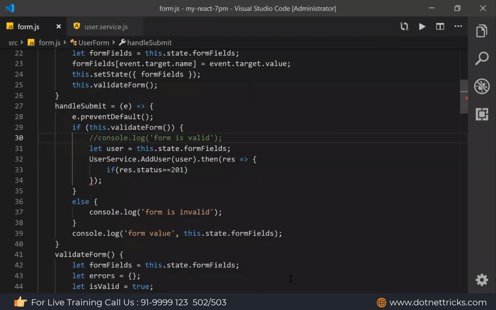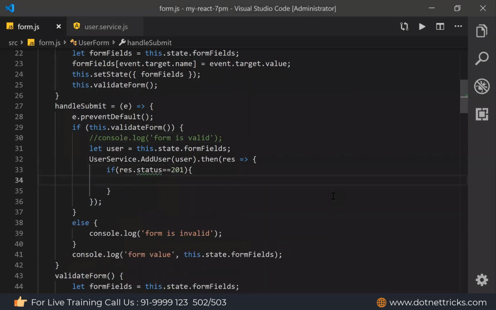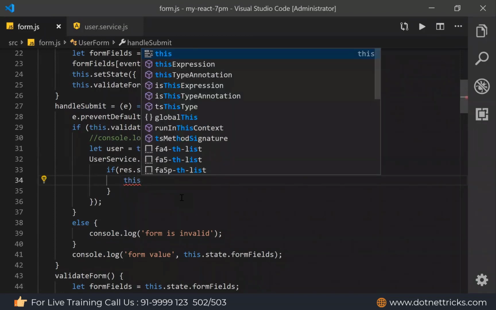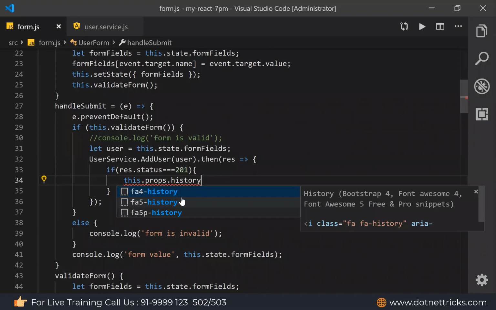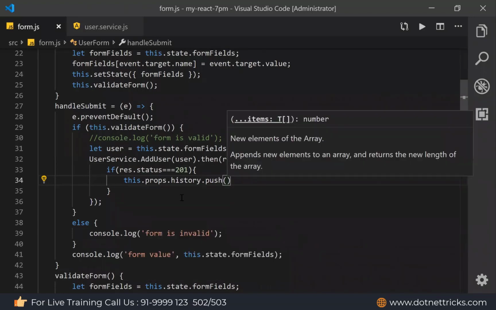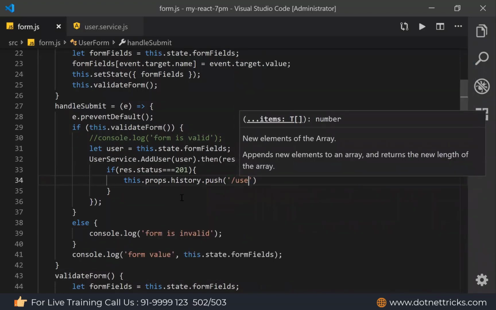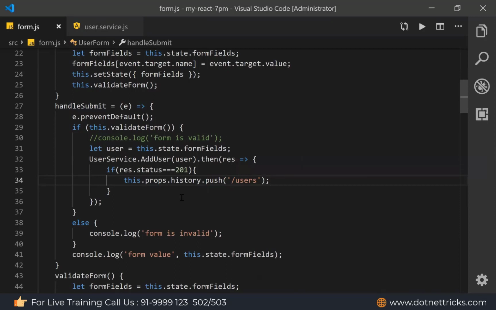And finally return to the user listing page. Right now we have not created any user listing page, but we need to create it. So this dot props and then history, and then push it to the page we are willing to go. I'm just using here, let's say users. So in the user listing page we will redirect.